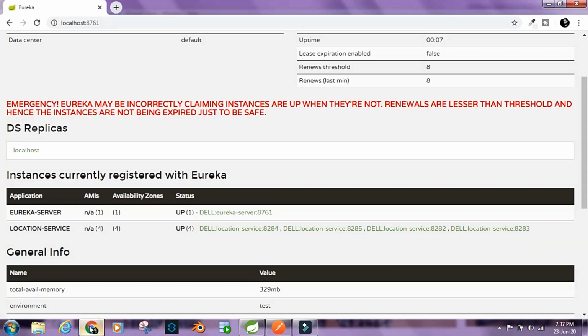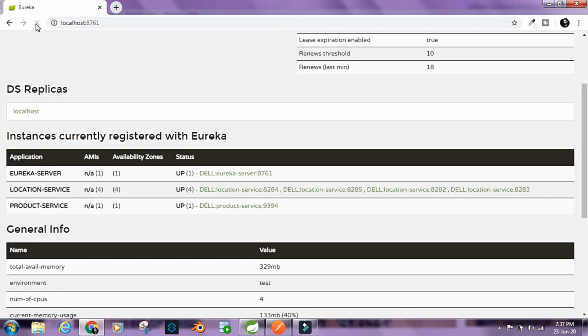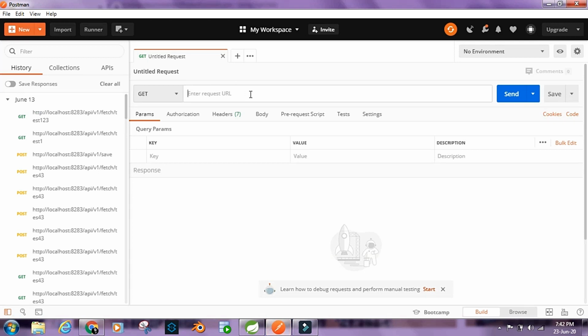Okay, let's go back to our dashboard and refresh it once more. And now we can see we have product service registered with the discovery server and it's running on port 9394. So now that we have all our APIs up and running, I'm gonna go to Postman and try to hit